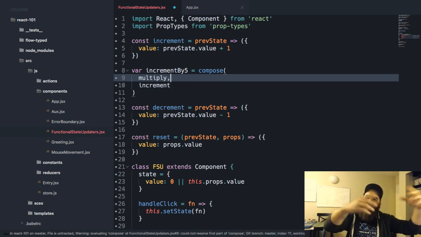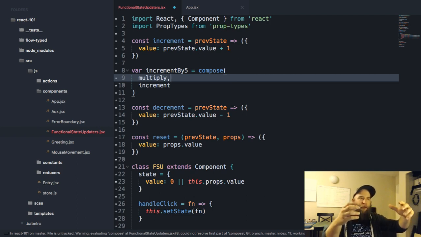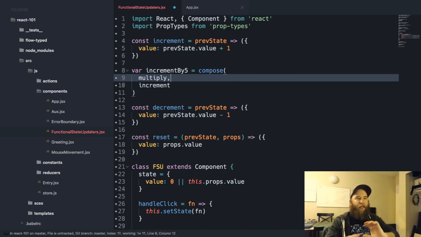You can make compositions of things that eventually would be complicated yet easy to understand state updaters. And so that's kind of what I wanted to show you.